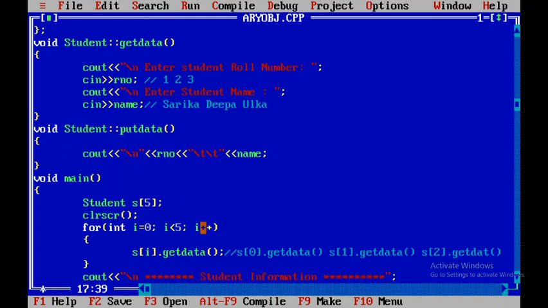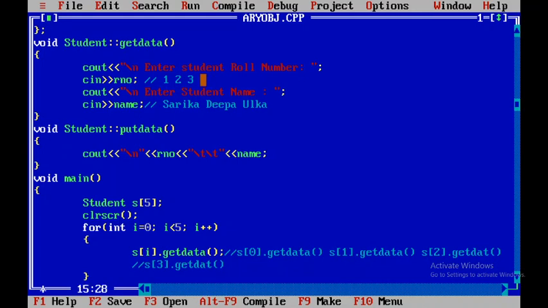Now the value of I will be 3. 3 is less than 5, the condition is true, so S of 3 dot get data will be executed. We are calling the get data method for the next object, that is S of 3, the fourth element of our array.